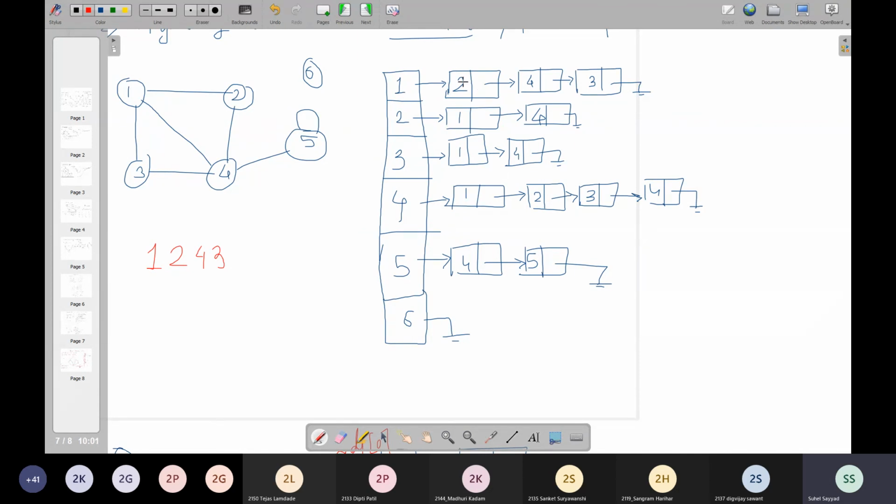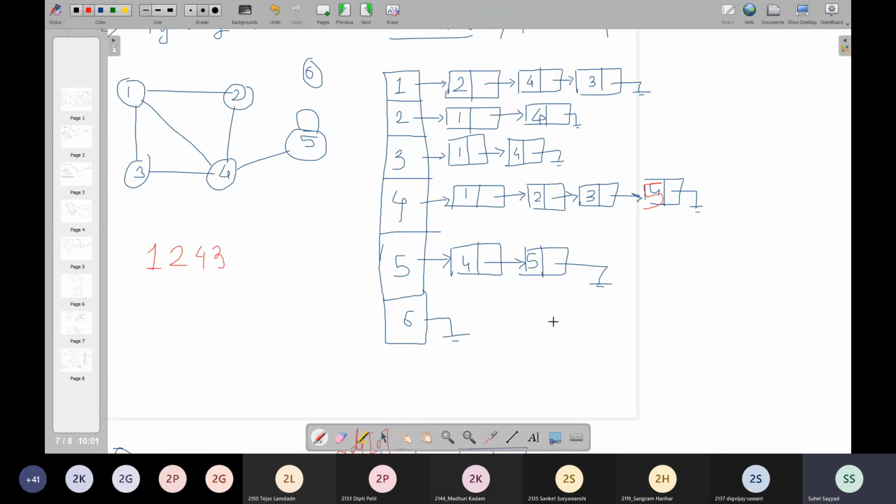Now for exploring 2, I have to visit 1 and 4, but 1 is already visited and 4 is also already visited. So 2 is also explored, right? Then next is exploring 4. For exploring 4, I will be visiting 1, 2, 3, 4. They are already visited. So indirectly 4 is also explored. Oh, there is some mistake in this. For 4, I have not included... oh, this has to be 5.